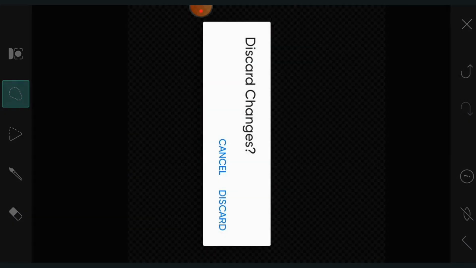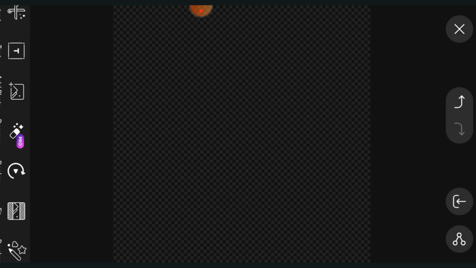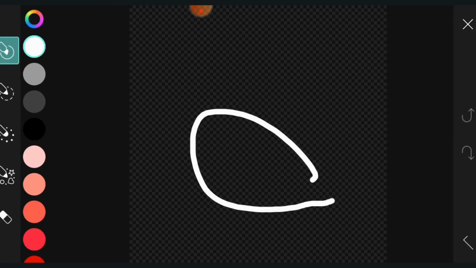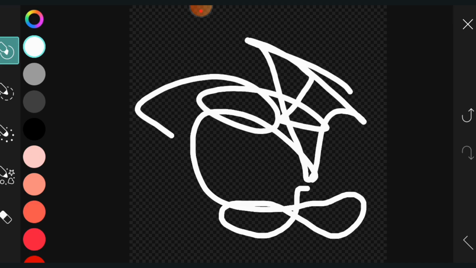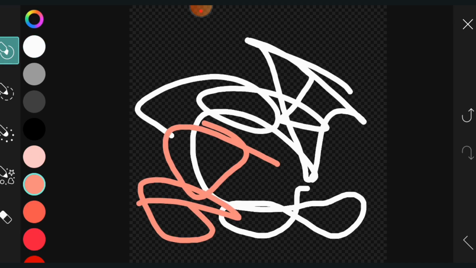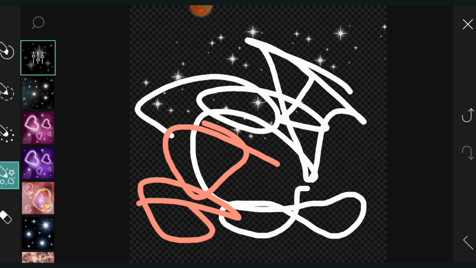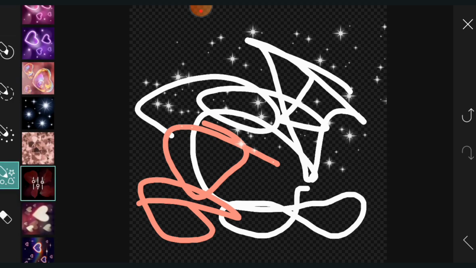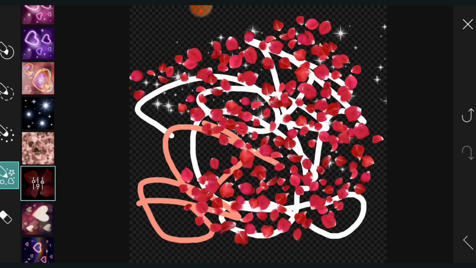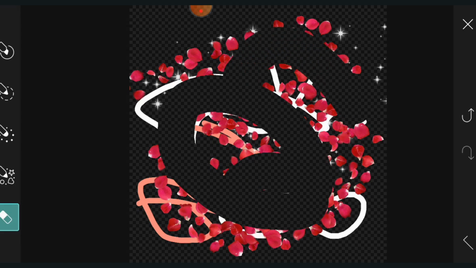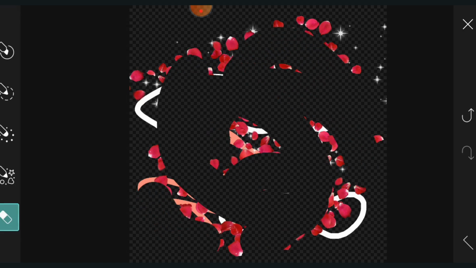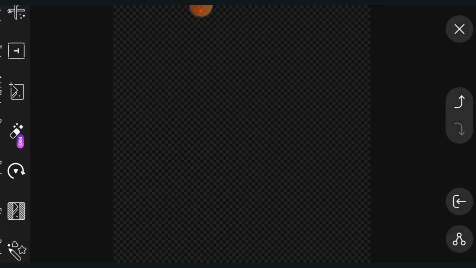Here I will pick up another thing, that is the brushes. For that blank image I can create different shapes using that free brush tool and also change the color. Here are the stars and then flowers to put in that area. Again we have the eraser tool to erase all these options. Then we are going for the shapes on that similar